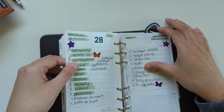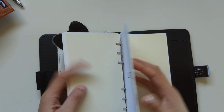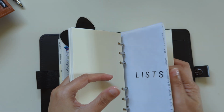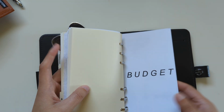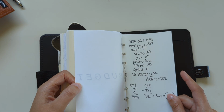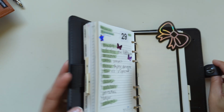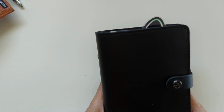Just to show a little bit of what else was in here, I had a couple of lists but not a ton. And then I put some budget stuff in here, but again, I wasn't really budgeting, mostly just splitting our bills for the household. So speaking of leaving this planner at work and going a day without it, I wanted to put something somewhere,